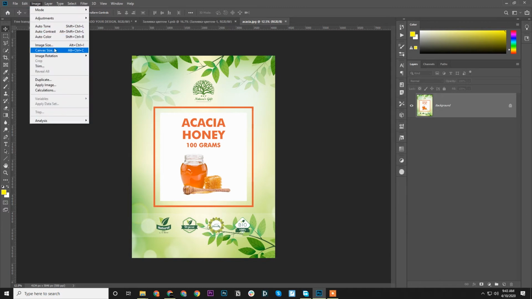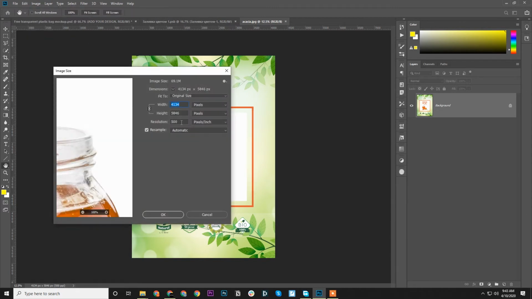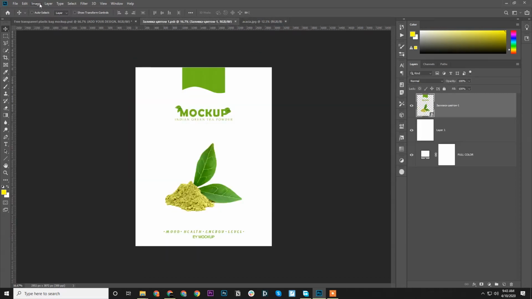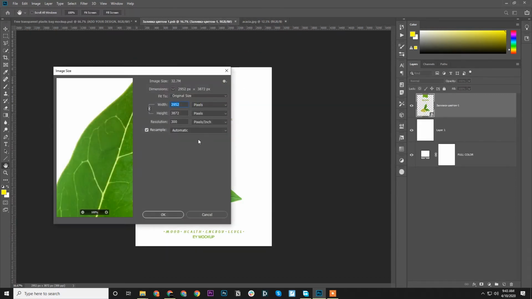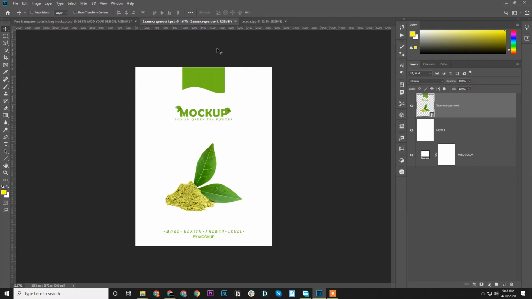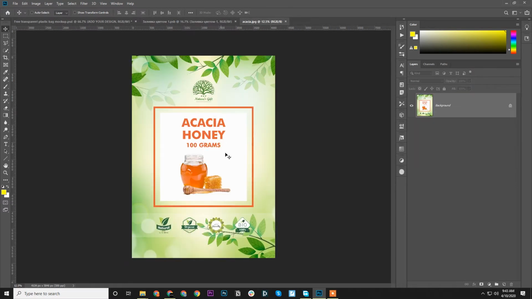If I open this, the image size is 500 pixels, and if we open this one, the image size is 300 pixels. So this smart object layer and this one both need to have the same size. Okay, at least the DPIs should be the same.